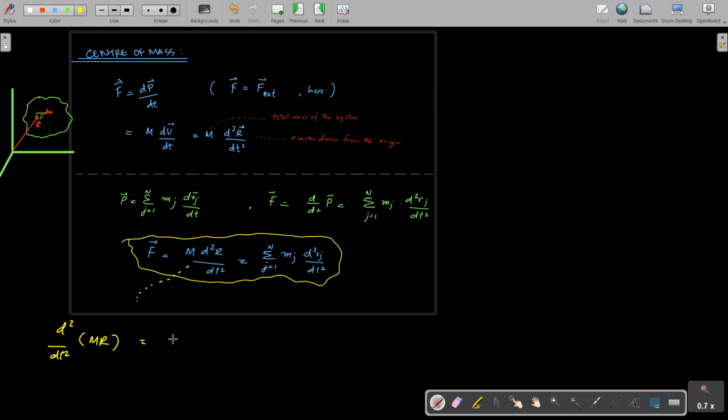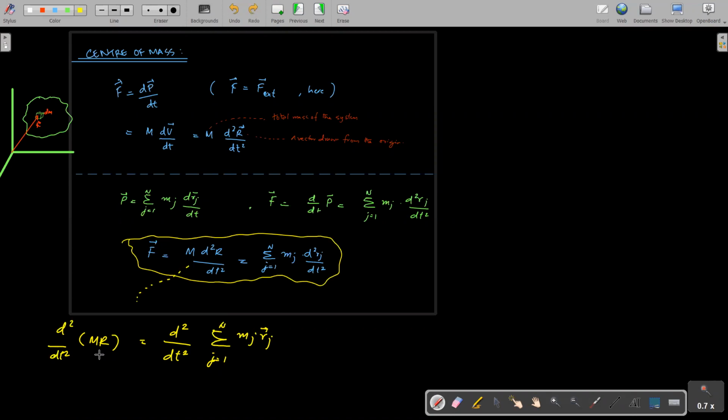That is equal to, we can take the differential out, then d square by dt square of summation j equal to 1 to n mj rj, right? നമുക്ക് ഇവിടുത്തെ r നെയാണ് കിട്ടേണ്ടത്, because we wanted to find out what the meaning of r here is, അല്ലേ? അതാണ് കണ്ടുപിടിക്കേണ്ടിയിരുന്നത്. അപ്പോൾ ഇവിടെ what we can do is